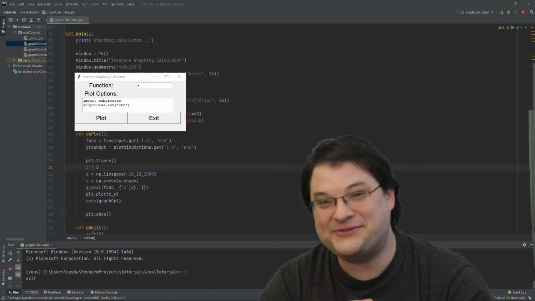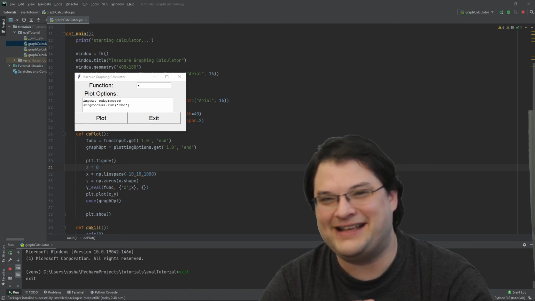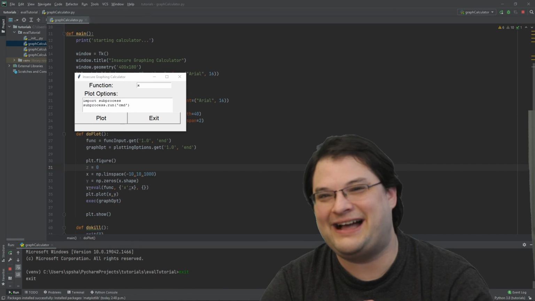This function, so secure. This function, not secure at all. And I would not touch it with a 10